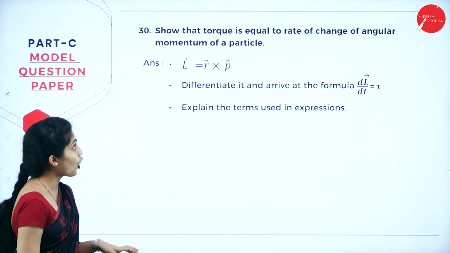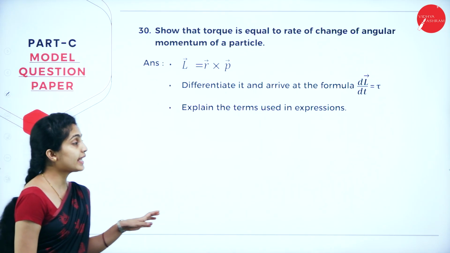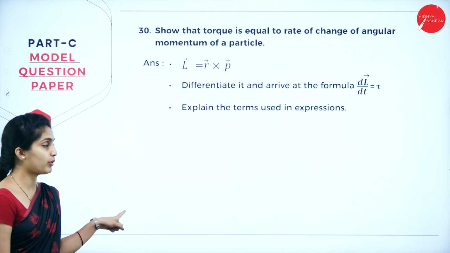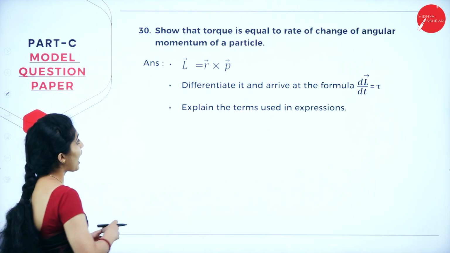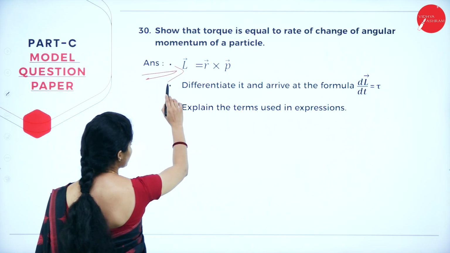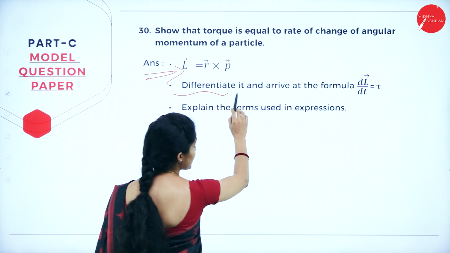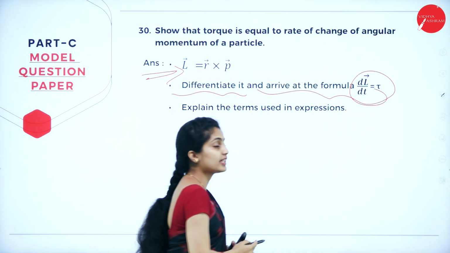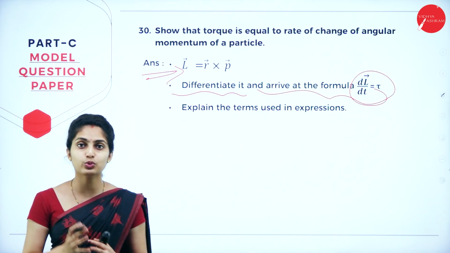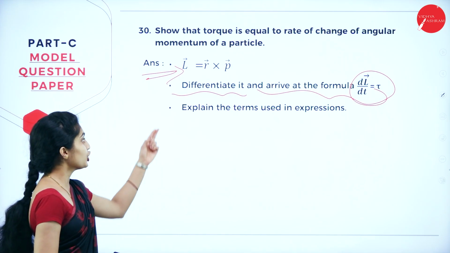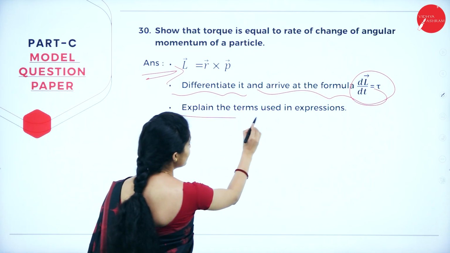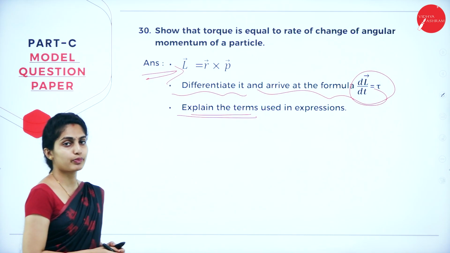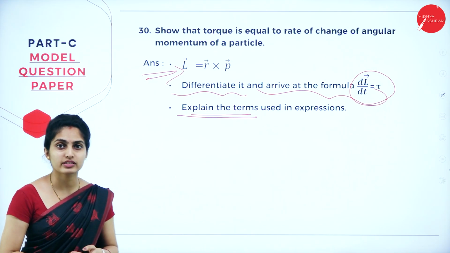Show that torque is equal to rate of change of angular momentum of a particle. So having this equation, you have to differentiate it and you will have to arrive at this form, that is dL by dt is equal to tau. Okay, after which you will have to explain the terms which are used in the expression. So the whole part will consist of